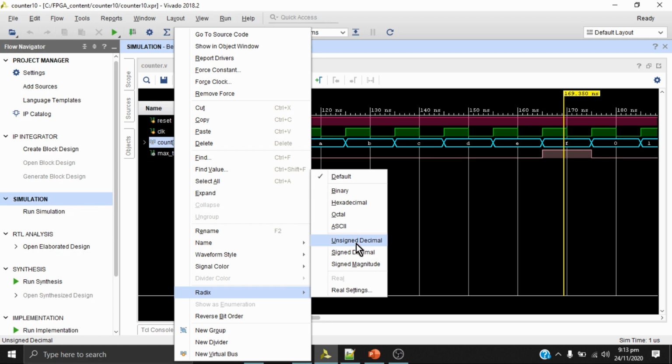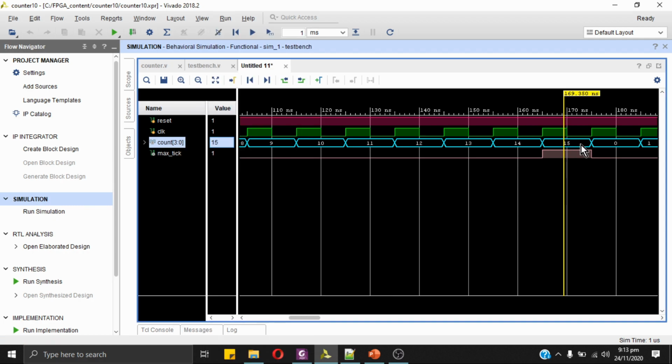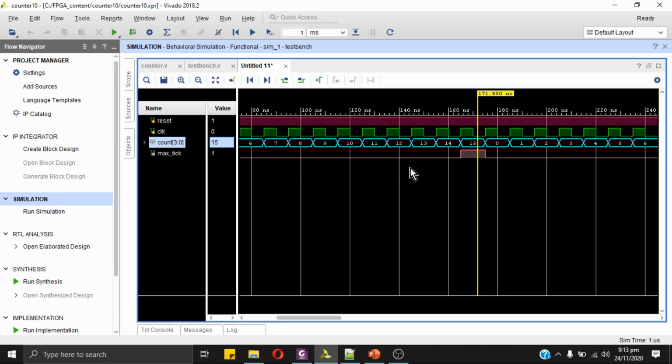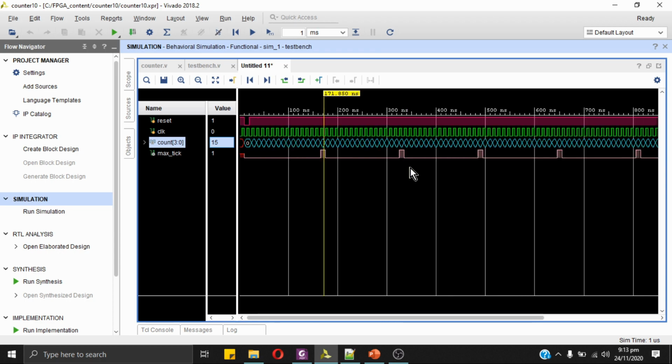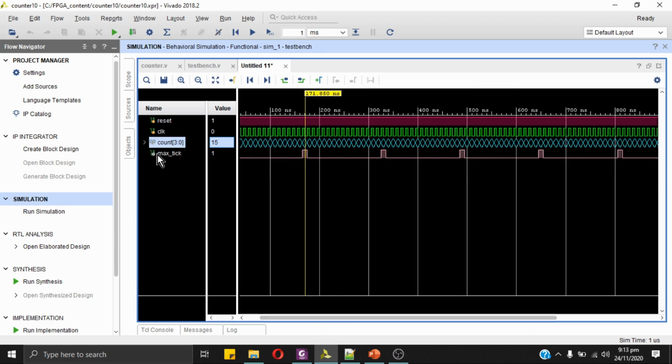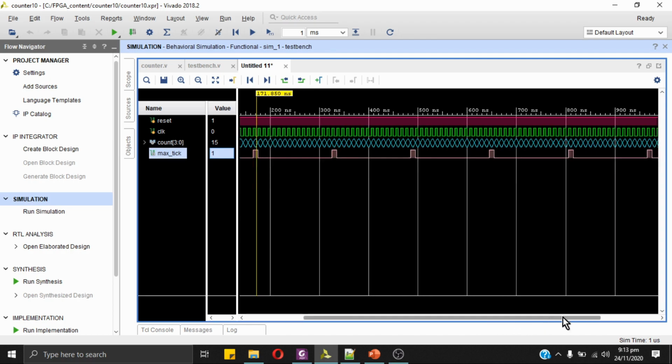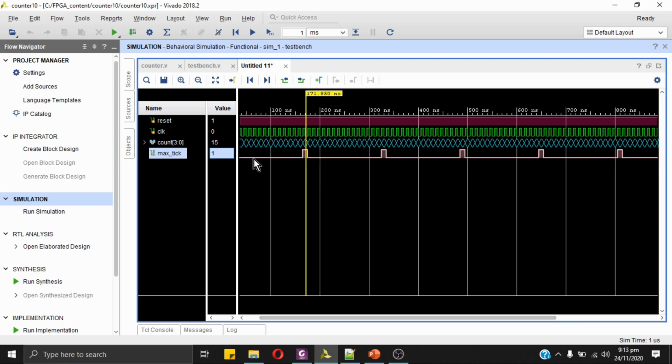I change the format by clicking this red x and choosing decimal. So here we have 15. For 15, whenever 15 is detected on the output of the counter, the max tick signal goes high. This is what we designed. We can see that the max tick signal produces pulses whenever it detects the maximum value in the counting.